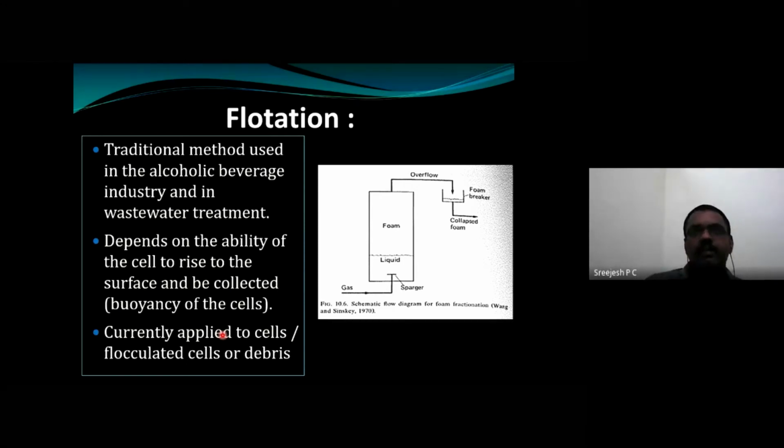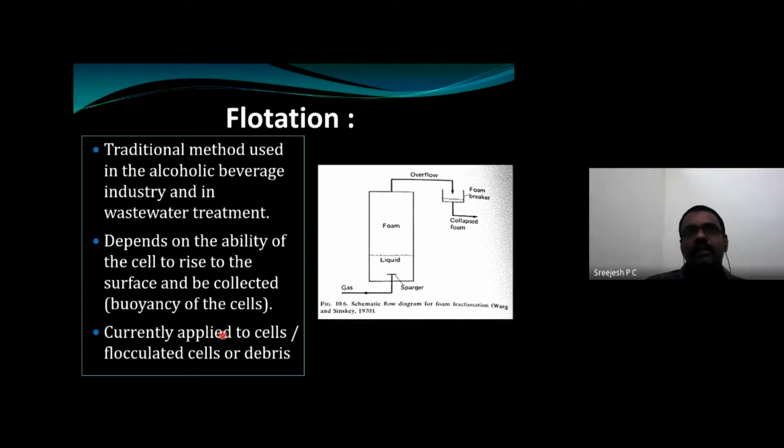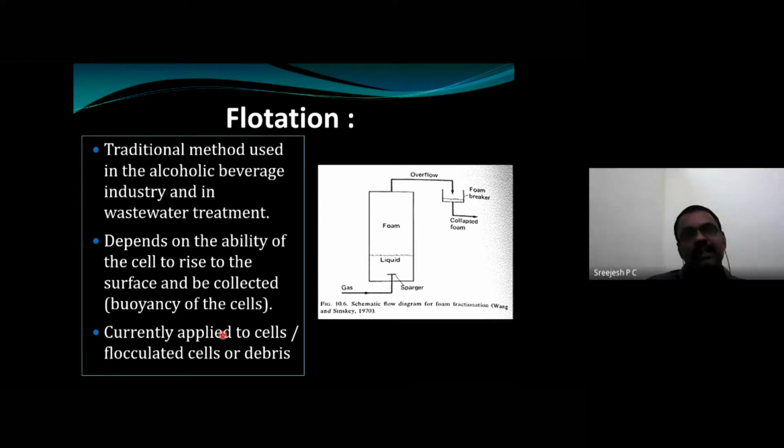When you are pressing the grapes, the pulp will come out, which includes the skin, the pulp, different debris, and even the seeds. So the first step is you need to clarify the juice. Conventionally, they used to do sedimentation as a process, but it takes a long time. The other alternative technique is cold treatment. If you keep the juice in cold condition, maybe around 2 to 4 degrees, you will see that the sedimentation is accelerated.